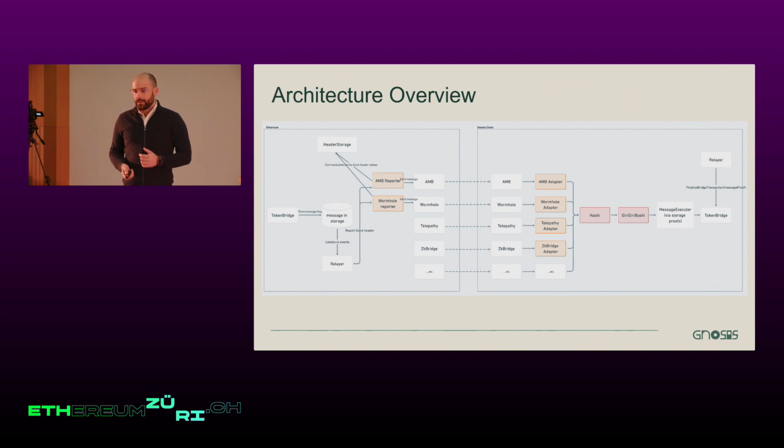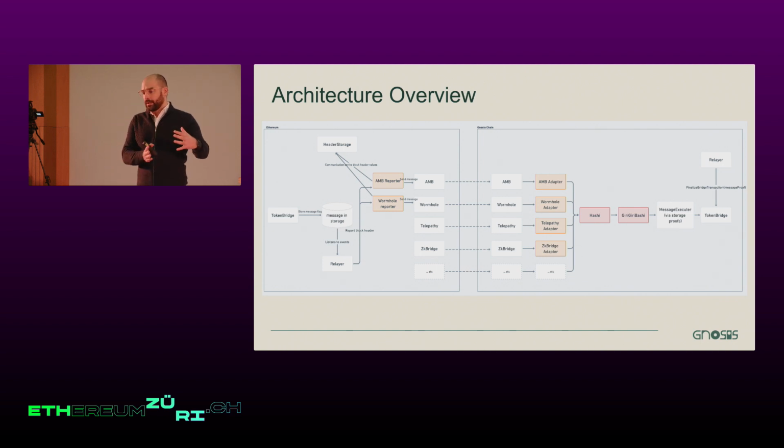And yeah, this is just to give you a visual of how this actually looks. So Hashi, the first version is already out. And the most important part is, this shows essentially how a token bridge would work. One side is Ethereum, the other side is another chain, Gnosis Chain in this case. And the interesting part is you can see the orange boxes are adapters, so different kinds of bridges. Wormhole, maybe you've heard of it. AMB is a bridge implementation of the Gnosis Chain. Different kinds of adapters, so Telepathy is a ZK light client by Succinct Labs, ZK Bridge by another team.